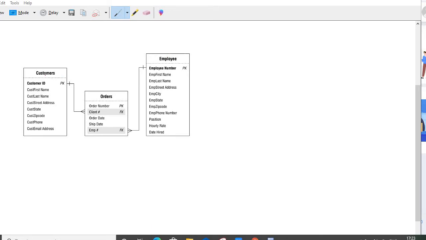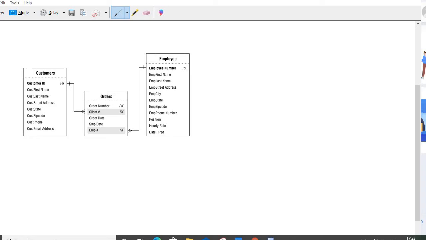So here the customers and employee are the two parent tables, whereas orders is the child table. When we have to create the parent and child tables, the order should go like this: first we create the parent tables. All the parent tables must be created first, and only after that are we able to create the child tables.